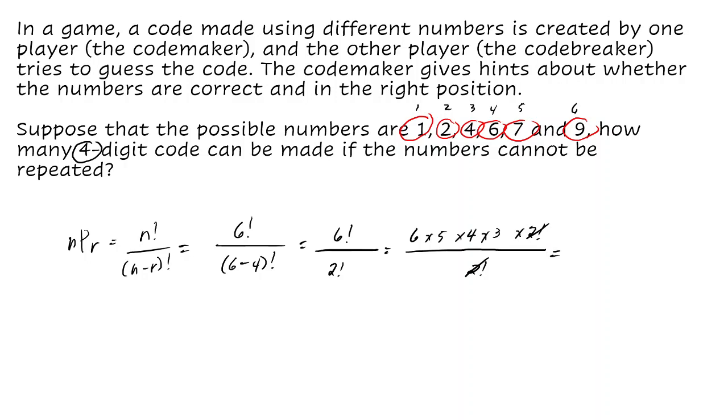6 times 5 is 30 times 4 is 120 times 3 is 360. So, meron tayong 360